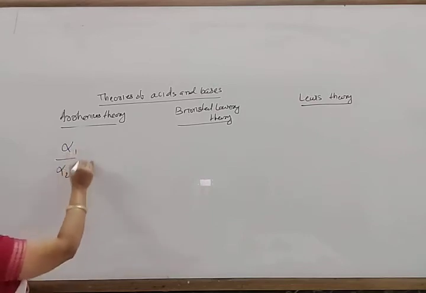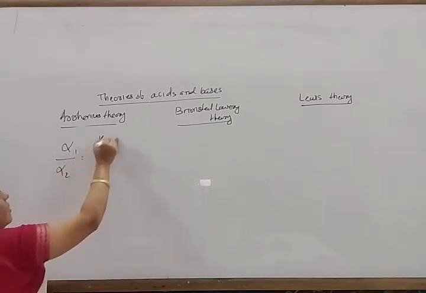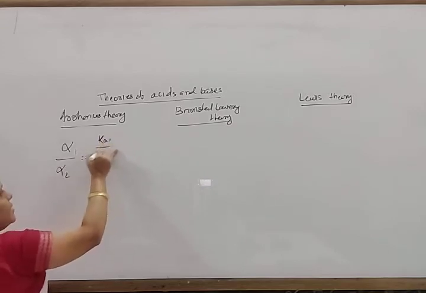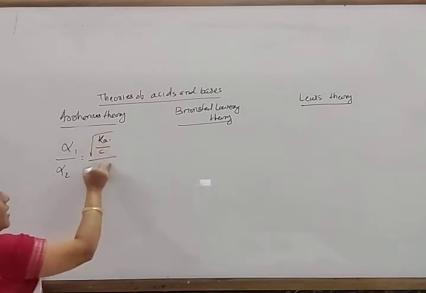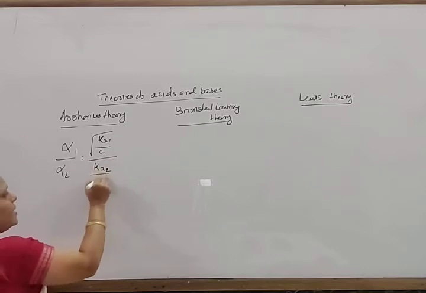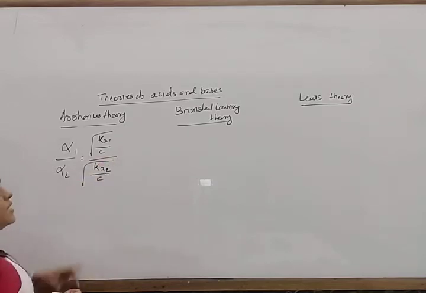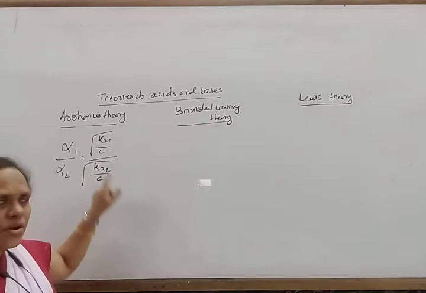Then alpha 1 by alpha 2 is equal to root over Ka1 by C divided by root over Ka2 by C. Suppose you have taken the same molar concentration of both,